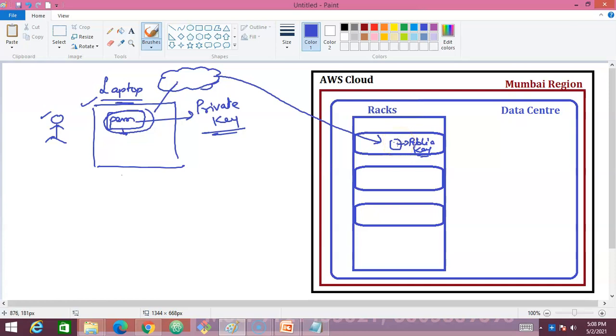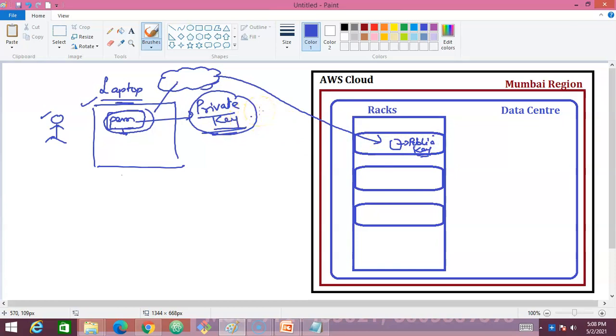We will be making use of the public IP address, if you remember. In order to authenticate, this private key or PEM key needs to be authenticated with the public key available inside this server. I have launched a Linux server. With the help of the PEM key we try to connect, and inside the server there is a public key, and we are passing on this private key. If you remember, in my previous video I used this private key in MobaXterm and logged into the server. If this private key matches the public key, you will be authenticated and able to log into the server.